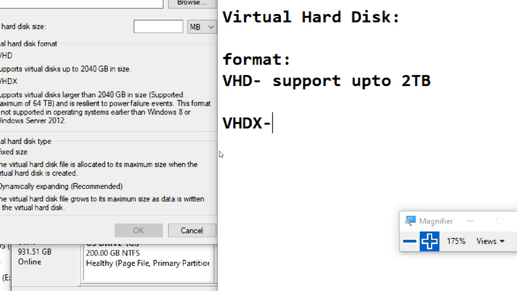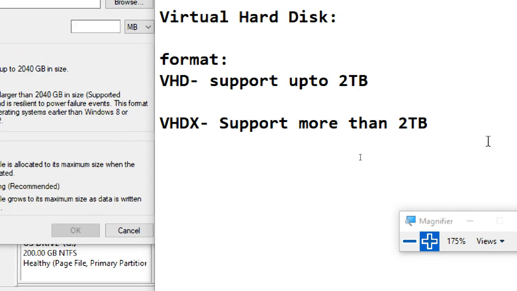Okay, VHDX supports more than 2 terabytes, but it only works from Windows 8, meaning 8, 8.1, and Windows 10.